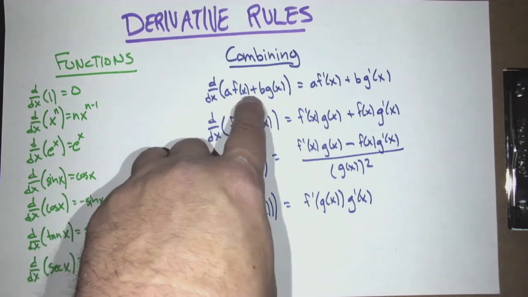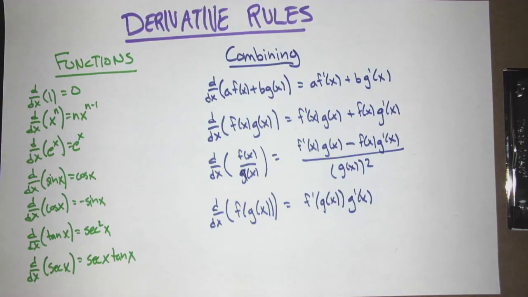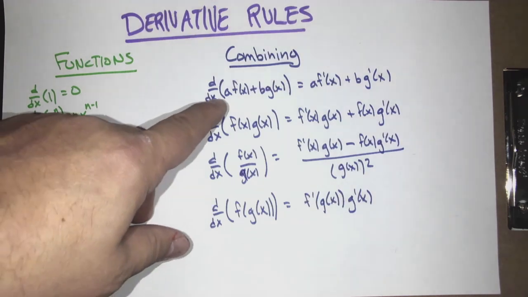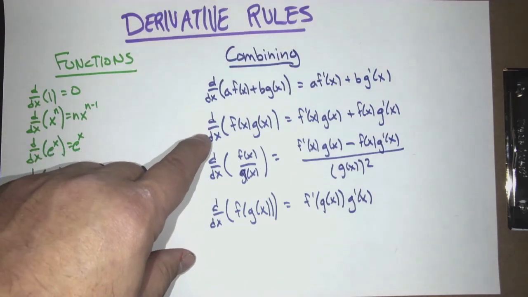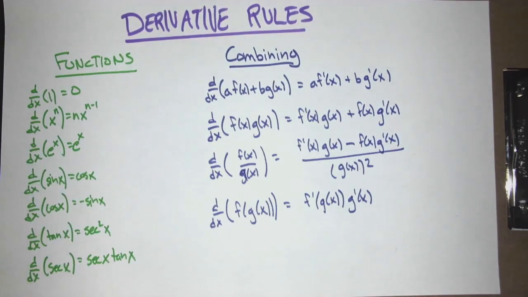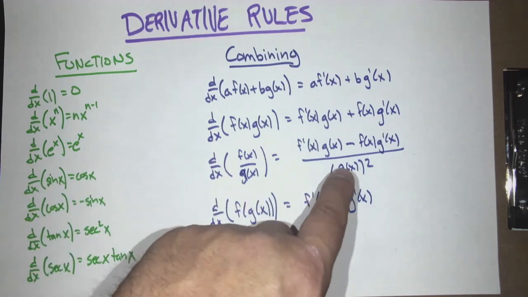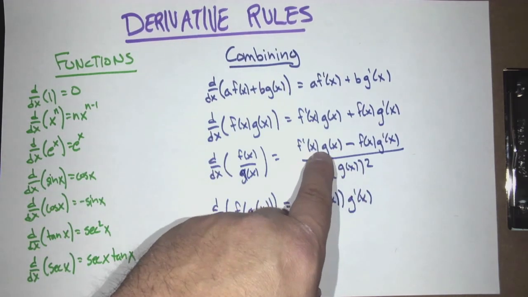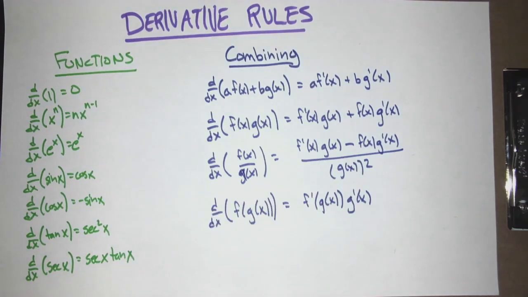Now, some rules are so ingrained into us, sometimes we even forget to say them out loud. But this basically says that derivatives break up over addition. So if I have a bunch of things being added together, take the derivative of each little piece. Similar, if I have a constant, I can pull it out of the derivative. You have the product rule, which tells you how to handle when you multiply two functions together. And of course, you can generalize that to more than two functions if you want. You have the quotient rule, which is the lose a point rule. Because a lot of people forget, is it f prime of x, g of x? Or is it f of x, g prime of x that goes first? So whatever you need to do to remember, do that.